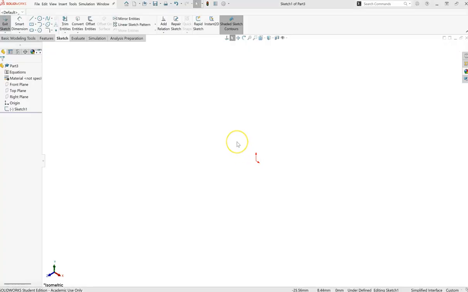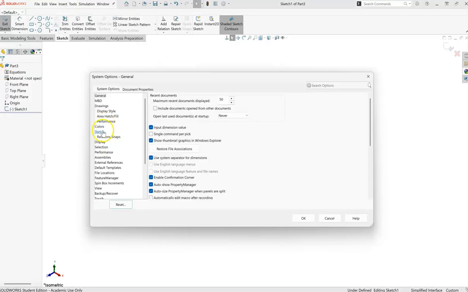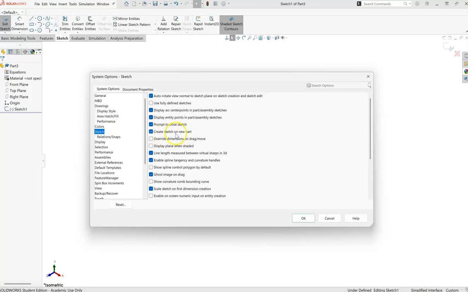So one other thing that I'd like to change, once we get started here. If it's something that you like, you can keep it. But the newer version of SolidWorks creates an active sketch on the front plane when you create a new file. I don't like to do that, and so we can change that by going into Tools, Options, and then under Sketch, Create Sketch on New Part. I'm just going to unclick that